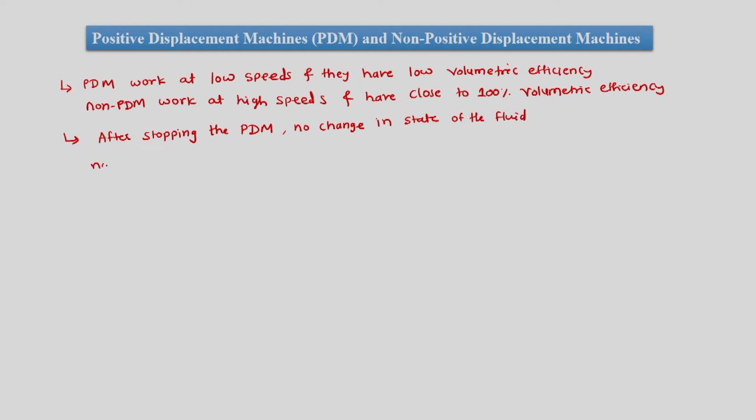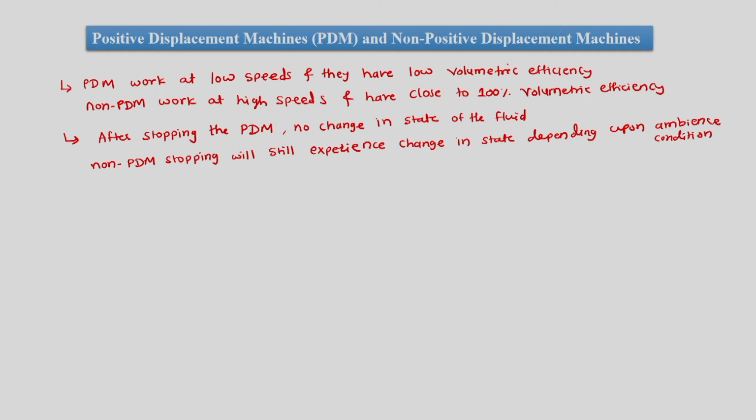But in case of non-PDM, if at all we stop the machine, non-PDM stopping will still experience change in state depending upon the ambience condition. So, it is no guarantee that we will have a positive displacement machine upon stopping would have same state of the fluid. So, in case of compressor or in case of the IC engine where we are having expansion, then